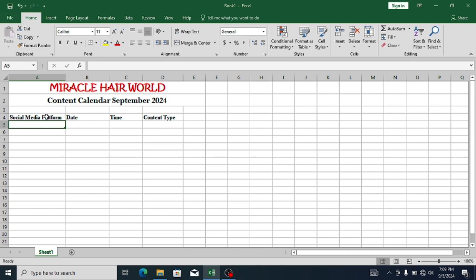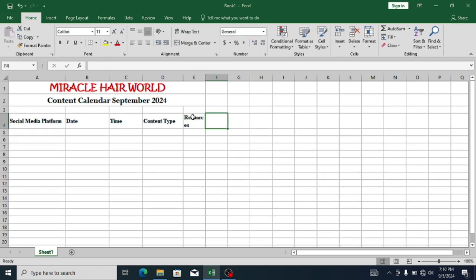Now, these are the basic things that should be included in your calendar: social media platforms, date, time, content type. But if you want to go further, say you want to go the extra mile, you can add resources and objective. So what this means is